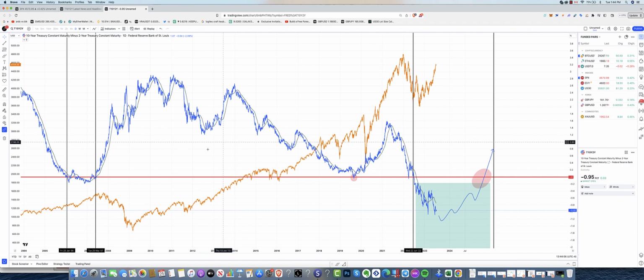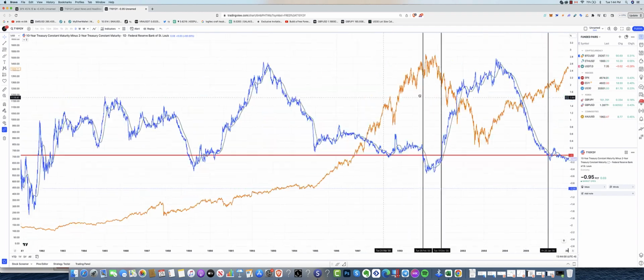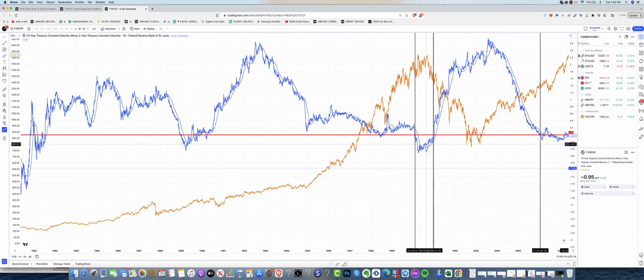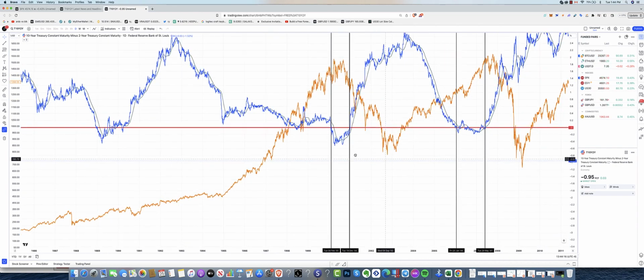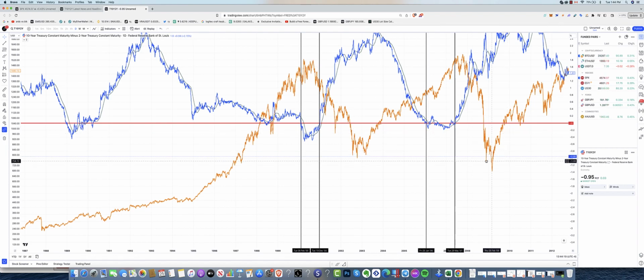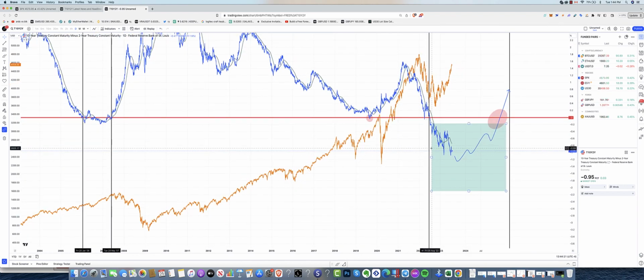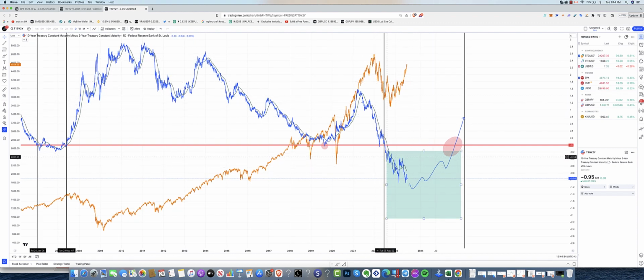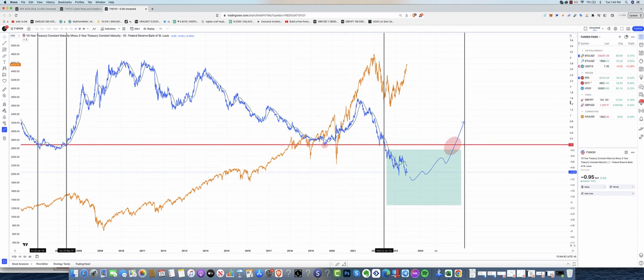And this is just off the history of every time the yield has inverted, right? So this is 2000, the dot-com bubble. This is 2008, the housing crisis. And then we had the yield invert here in 2019, and then you can see that the S&P had a crazy drop shortly thereafter. And right now you can see price is going up, but once the yield does come out of this inversion, we could definitely have a market correction.